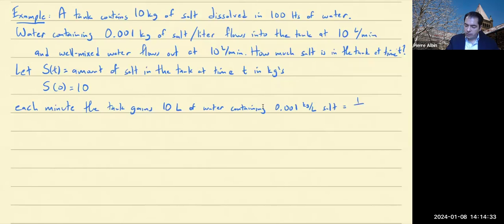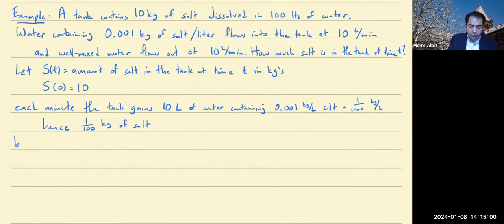That's the same as 1/1,000 kilograms per liter salt, right? So hence, how much salt is it gaining? Well, you multiply the liters times the kilograms per liter, and we end up with 1/100 kilograms of salt,